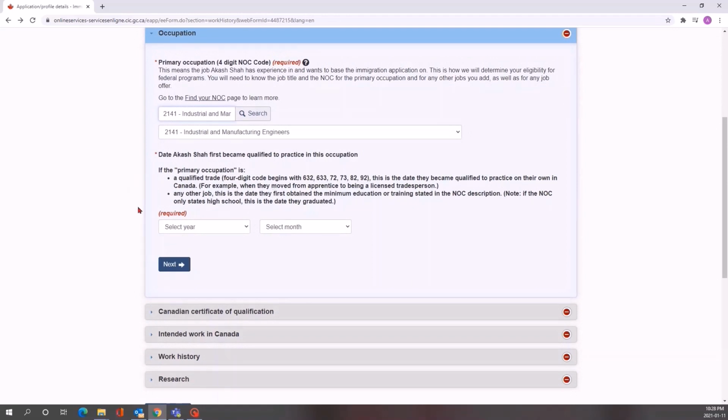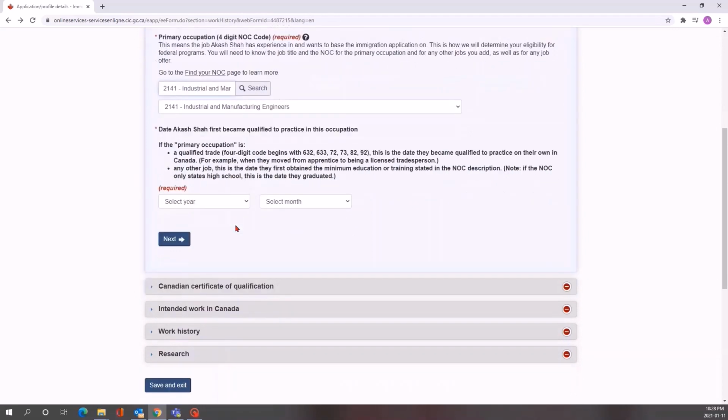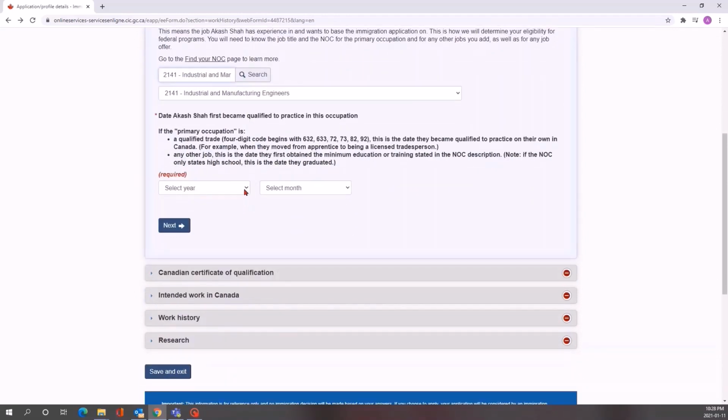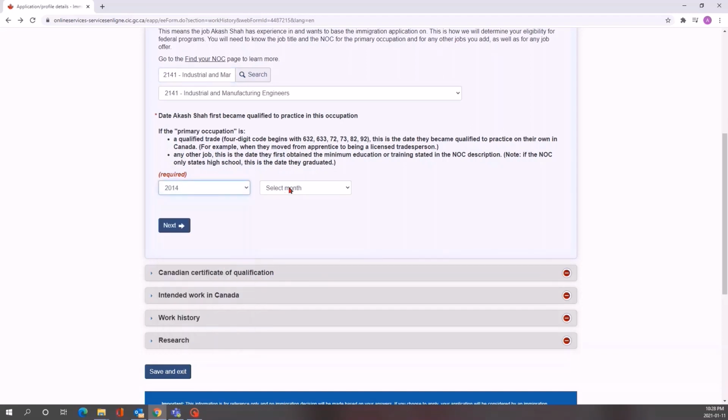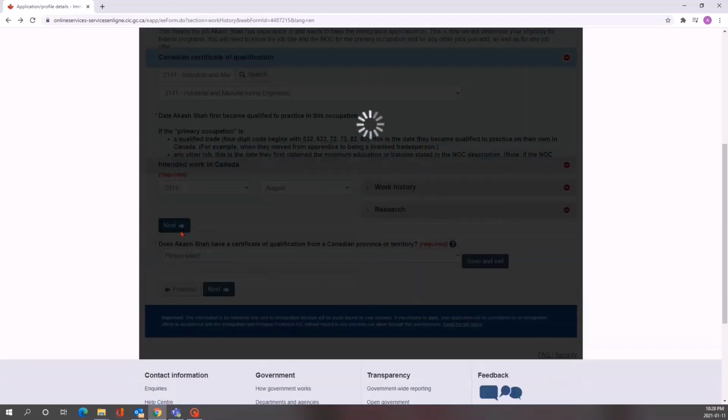After that, you need to enter the date when you finished your bachelor's or master's degree. You can write any date after that because after that date you were qualified to practice in your occupation.